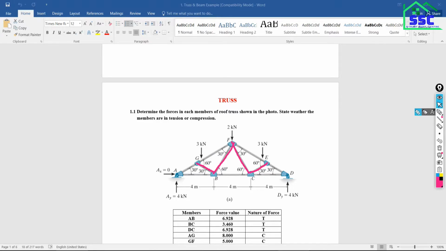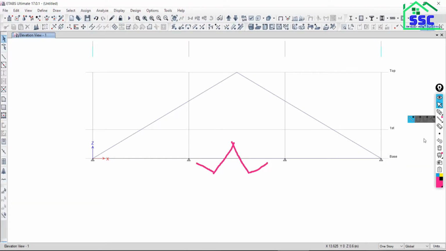Okay. Just come back to the tabs. Then again take, just clear it all. Go to beam section. Close this window. Start from this point. Select this. Click on this point. Move to this point. Come back to this point. Then come back to this point. Is that okay? Hello?